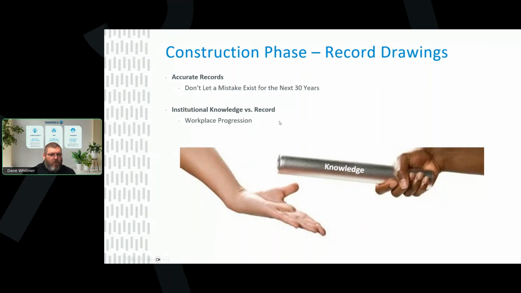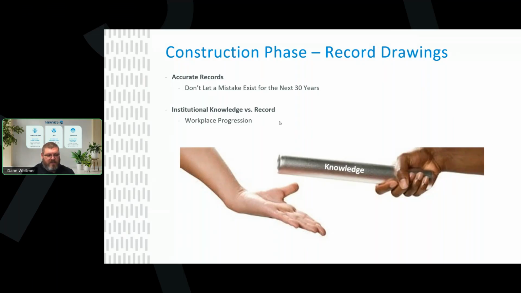And this is another key point here, it's important to maintain our knowledge, and that is through either our GIS system or libraries. But we don't let, if in construction there's a change, we shifted the pipe over 3 feet, we shifted the pipe over 3 inches, that is documented. We don't let a mistake exist for the next 30 years because you say, hey, we need to reline this, we need to replace this pipe. And we go in and we look and the pipe's not where the plans say.